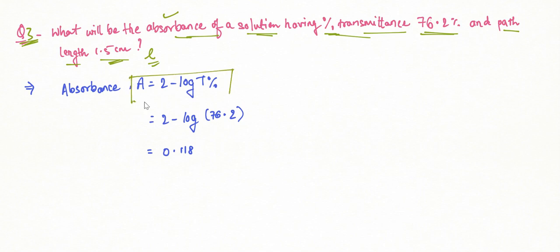We just have to find out the absorbance, and this is our formula. A is equal to 2 minus log percentage transmittance, and it is very easy to calculate it. So basically if we are doing this type of question, we just have to know 2-3 formulas which are important, and it will be very easy for us to solve these questions. Alright guys,